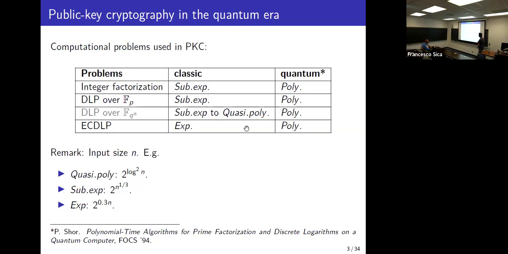And also for ECDLP, classically we have only fully exponential algorithms, exponential to some constant times n. And usually what happens for crypto is that this constant is smaller than 1 for many of the algorithms. So this boils down to the question of how we set up the concrete parameters. But so far we can characterize these as integer factorization, DLP and ECDLP. I think especially integer factorization and ECDLP are very popular and used in practice.